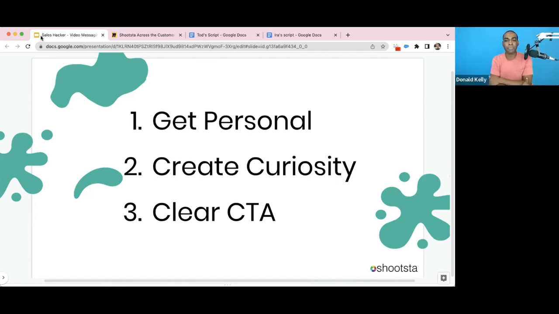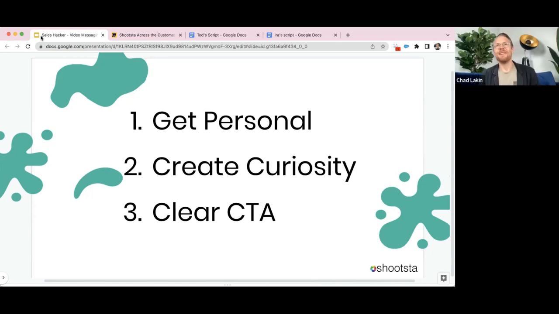Love that. Let's talk about creating curiosity, because I think it's very tempting to make a video that is an ad. And we've done it. We've totally done it. And I look at scripts as well, and I'm like, this is super informative, but it may not be the best use of that message at that stage when we're thinking about that kind of outreach stage of the customer journey. And so it's very tempting to do that.